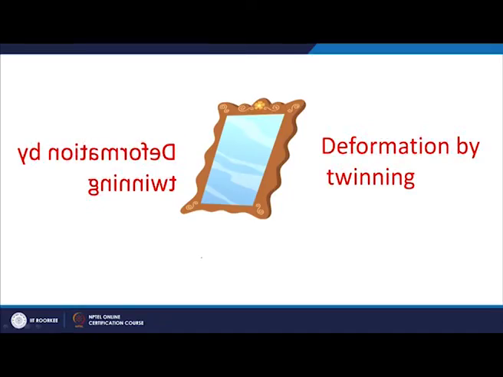Now, coming to another type of deformation mechanism, as I told you, one of the deformation mechanisms we have already discussed is the slip process. Okay. So, basically two atomic planes slip over one another. In fact, the closest analogy you can take for this kind of slipping process is a deck of playing cards. You put the deck like this and you just apply a shear stress on the deck. What will happen is you will start getting shear deformation.